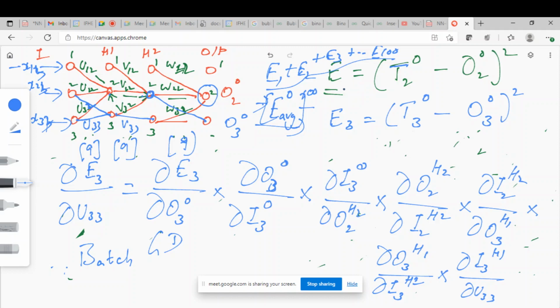Because of that, what the programmers do is take some 100 inputs first. For those 100 inputs, they calculate the error, then back propagate, then change the weights, then take the second 100, see what the error is, then back propagate, then change. If you follow that method, that is called mini batch gradient descent. So could someone summarize what is stochastic gradient descent, what is batch gradient descent, and what is mini batch gradient descent?